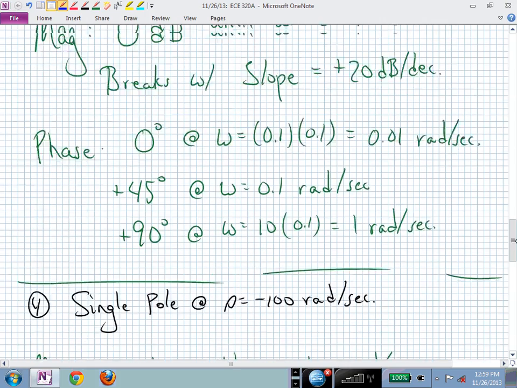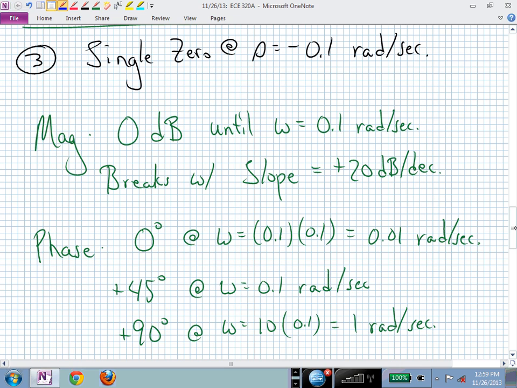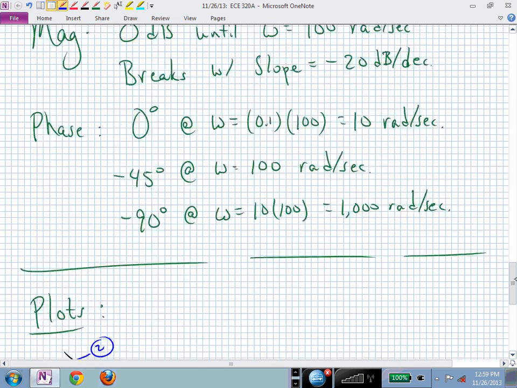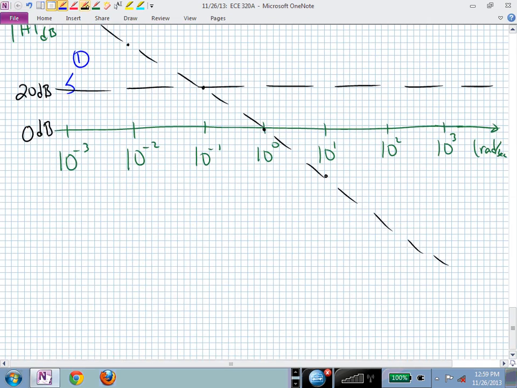The next term, magnitude-wise, is the 0. It's flat. It's not contributing any magnitude until you reach 0.1, which is right here, and then it's going to go down at 20 dB per decade. So now this one, and those should be parallel lines. This is supposed to be,